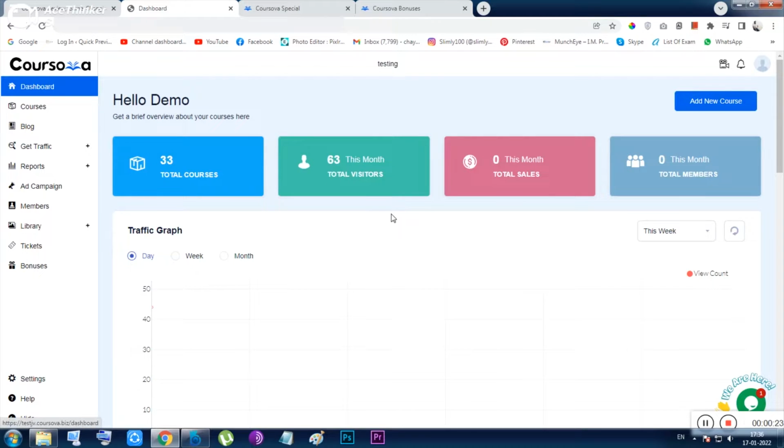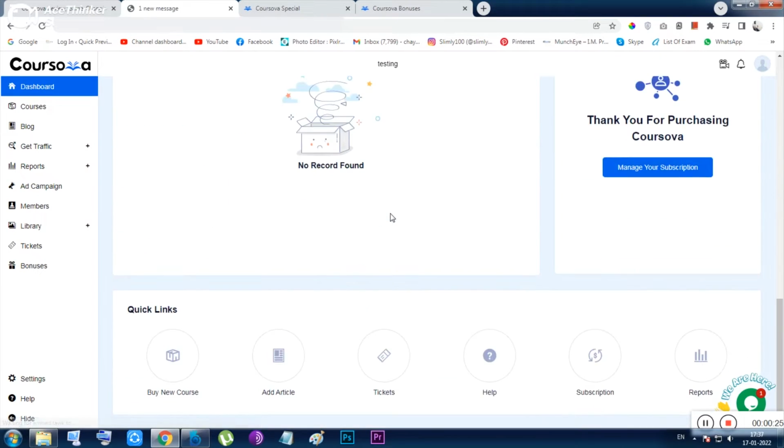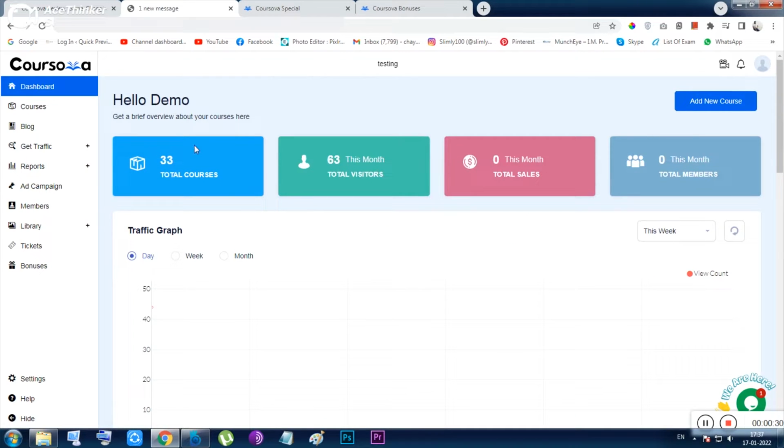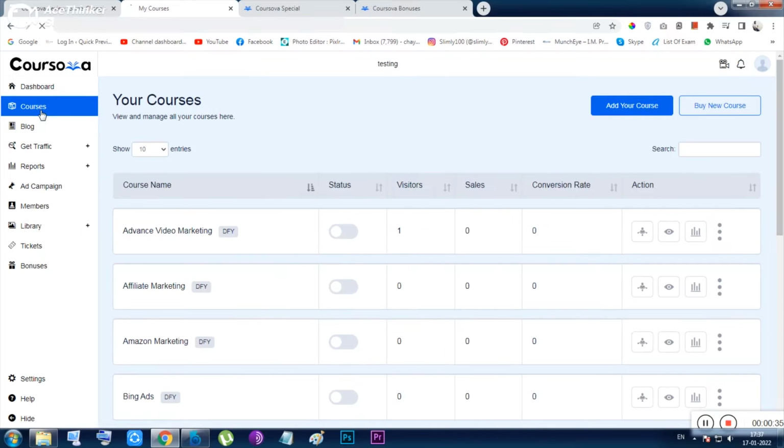So next thing is the dashboard. The dashboard is where the progressive statements will be. After using it, your numerics will be here, and next thing is your courses. So let me clear you, this tool is made for, as the name is showing, courses. You're creating your created courses, or you can use the done for you courses. Inside front end you will be given also some done for you courses. You can use them to just build your own Udemy or your own Skillshare, anything like course building platform.